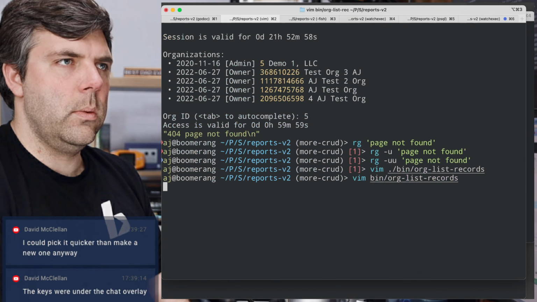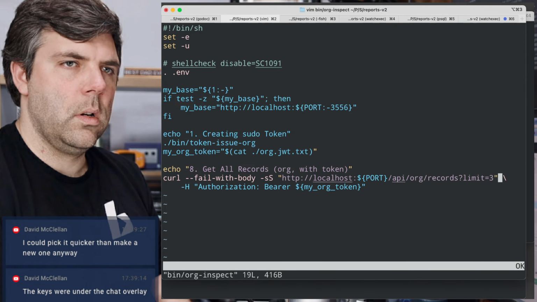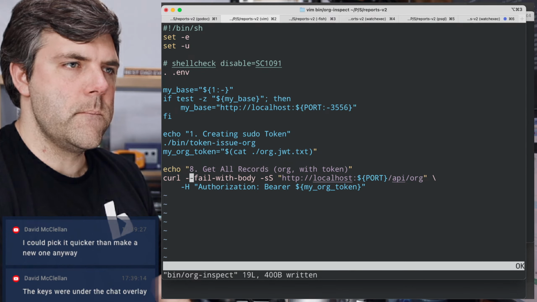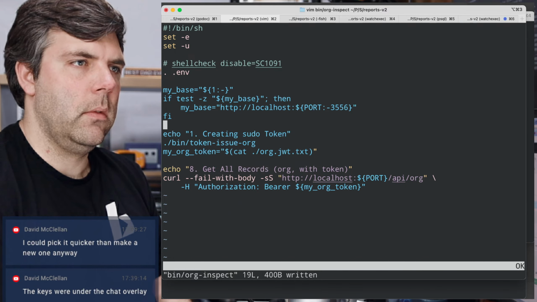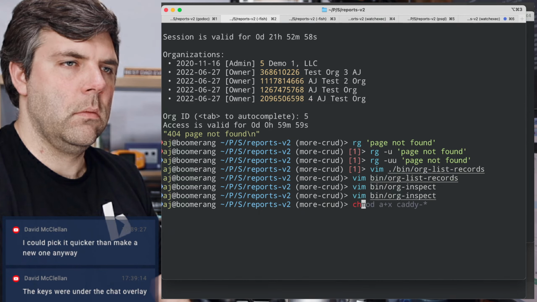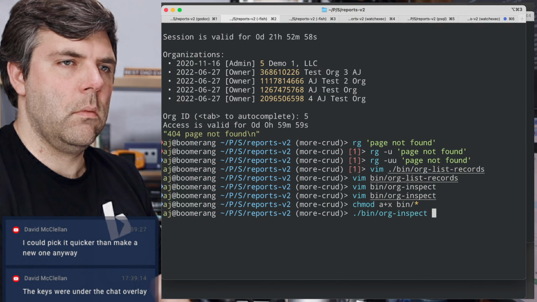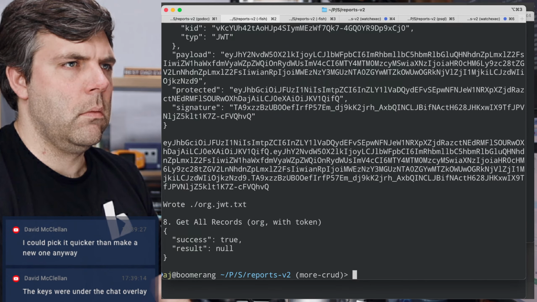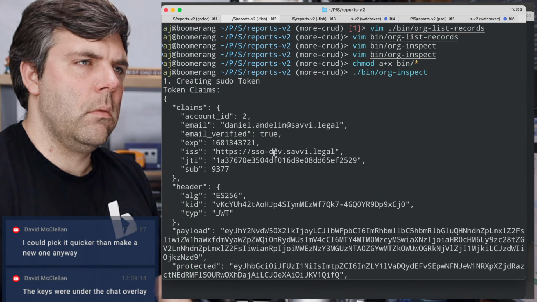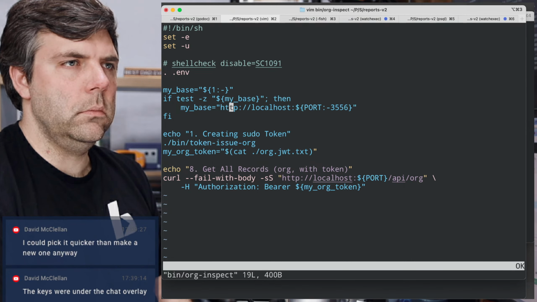I don't know why the highlighting's gone wrong. Okay.